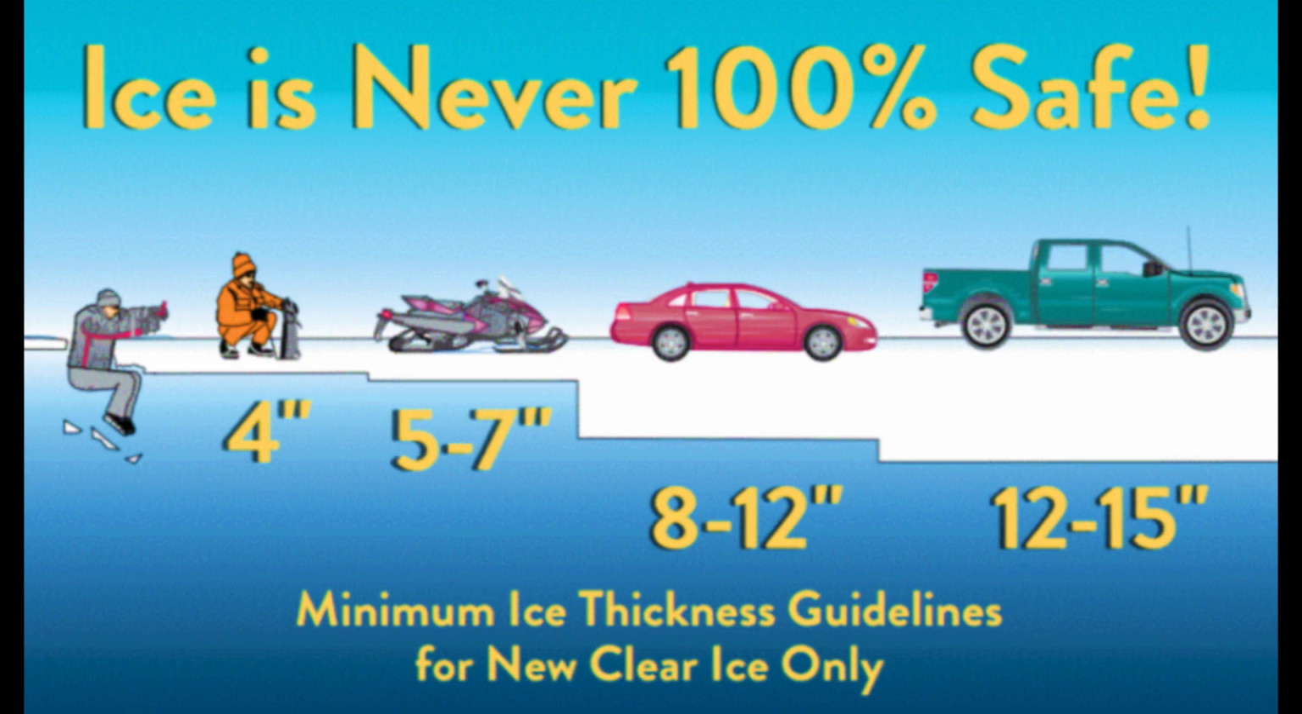The following graph gives information about minimal ice thickness guidelines. The items include an adult, a kid, a car and a truck. You can see from this graph that, in the kid, the value of ice thickness is around 4 inches. You can see from this graph that, in the sled, the value of ice thickness is around 5 to 7